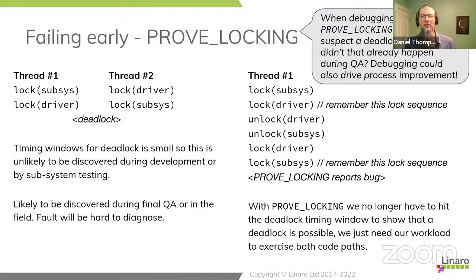It can even find the bug when you're running on a single thread rather than multiple threads, because it's always wrong to have one lock sequence one way around and one lock sequence the other way around. Almost always wrong. There are a few cases during things like startup where you might get away with these things. You can have theoretical deadlocks that are not reachable in the real world. But overall, rather than reproduce the deadlock by causing this to happen simultaneously on two CPU threads, we can have one SMP core. Incidentally, when I'm talking about threads here, these really mean hardware threads rather than operating system threads.